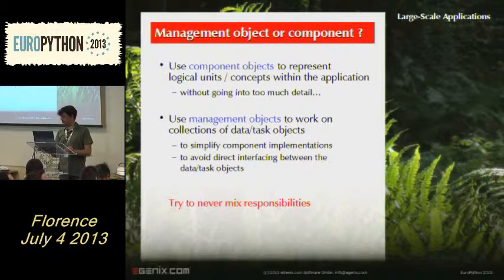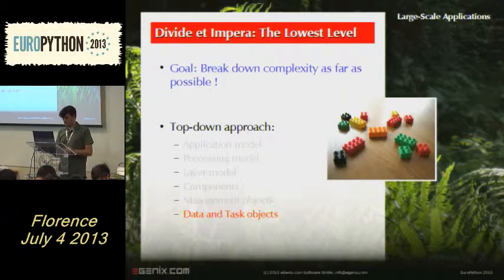Now, how do you decide whether you want a management object or a component? Well, that's hard to say. I mean, you can basically say that you have the component objects doing the logical stuff, and you have the management objects dealing with getting other objects to work together. It's sometimes very hard to mix responsibilities there. This is something that you also find in real life. Like, for example, you have different departments and they sometimes compete for different things in your company. It's just a matter of life that you have to deal with that.